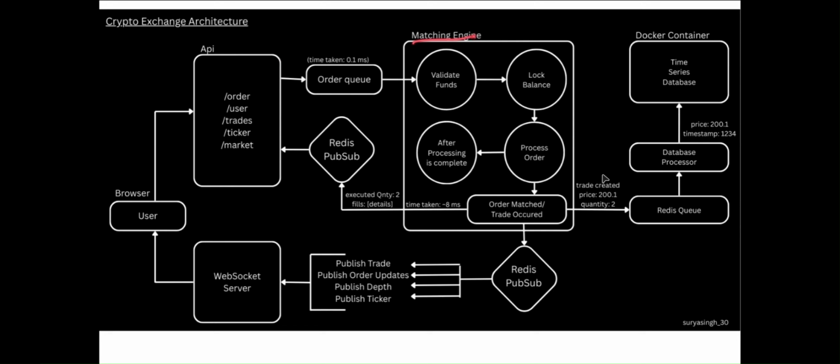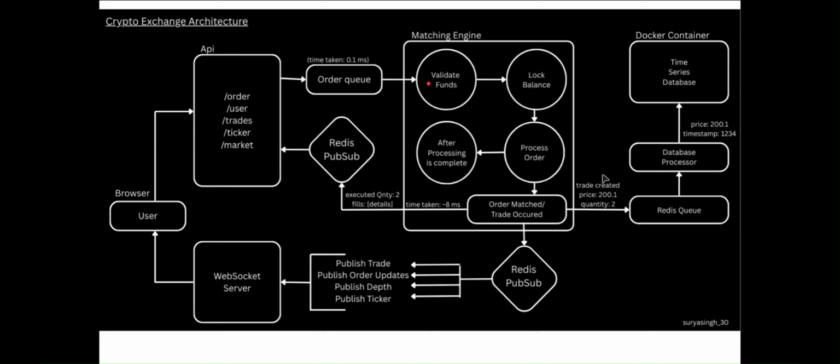Then comes the matching engine, which is the heart of this project, and this engine processes each request at a time, sequentially, because concurrency in trading can cause a race condition, like two users grabbing the same order at the same time. So to avoid that, the engine picks orders from the queue one by one. There will be an infinite loop and this will pick orders one by one,